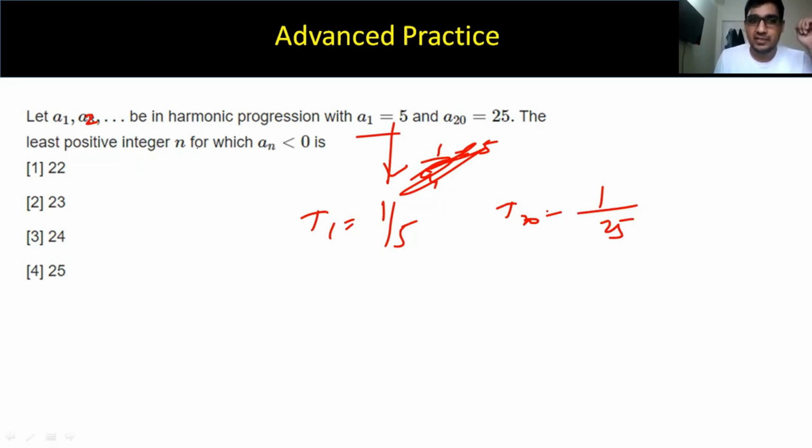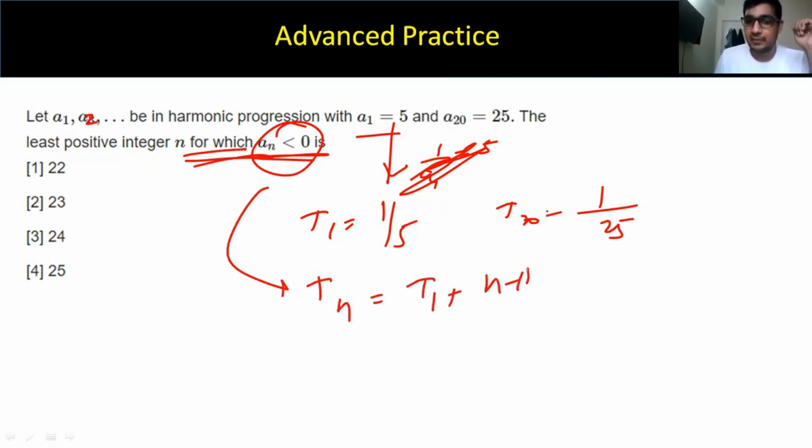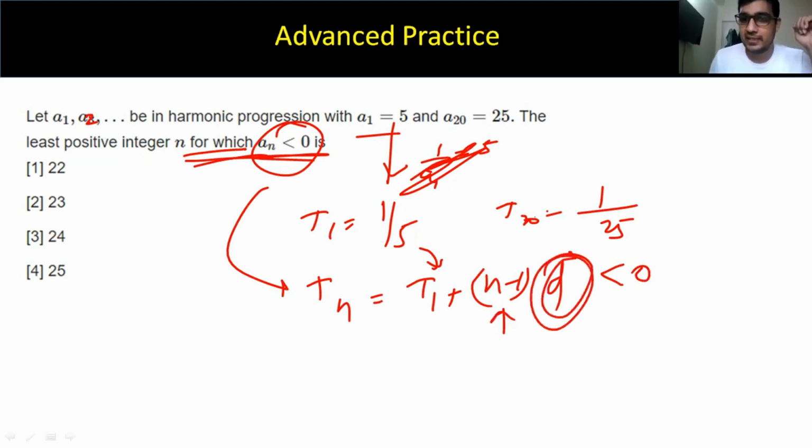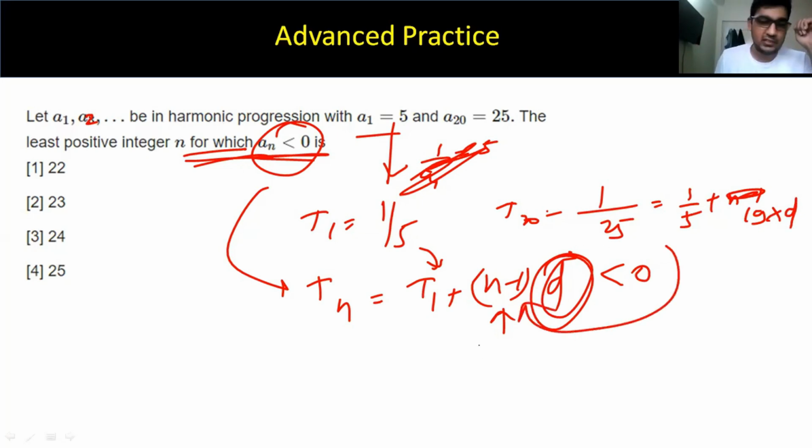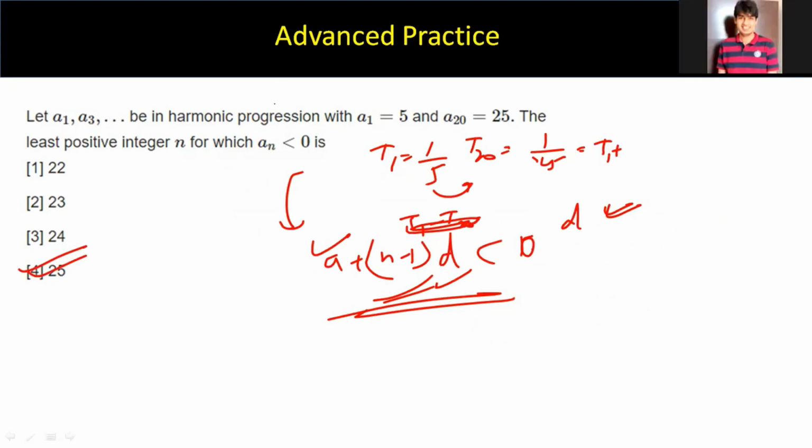Now the least positive integer n for which an is less than 0. If an is less than 0, then its reverse tn will also be less than 0. What is tn? tn is nothing but t1 plus n minus 1 into d. Okay, I know t1. This is less than 0, so you have to calculate n, which means all you need is d. How will d come? There is an extra expression given, t20. t20 is nothing but t1 plus 20 minus 1, 19 into d, right? From here you will get d. You will just substitute d here and then solve, and you will get n. Okay. So moving further,